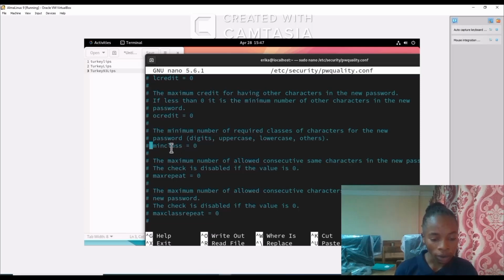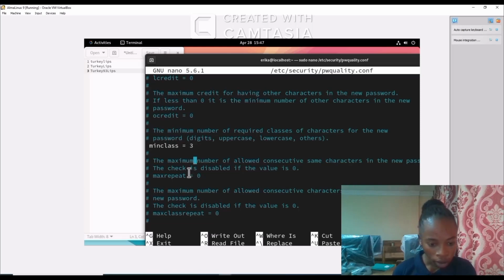For example, the classes are digit, uppercase, lowercase, and special character. So now it is 0. I will uncomment that line and define it to 3, to say that all newly created users must have a password with 3 different classes of